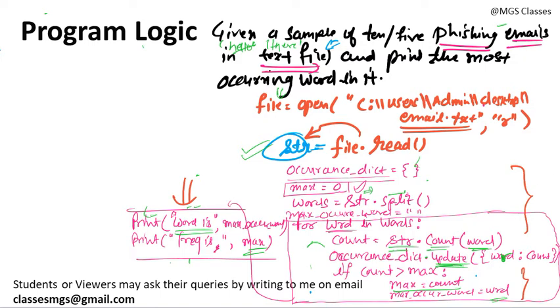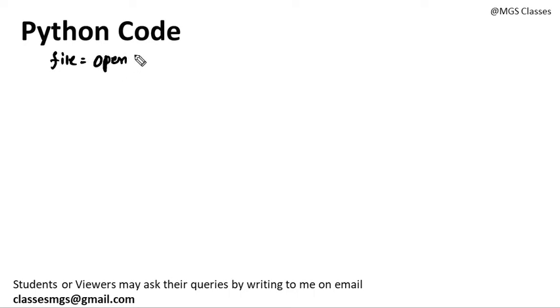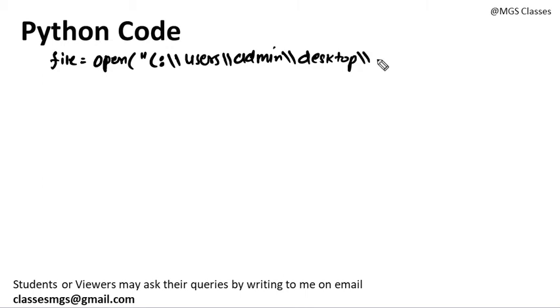So I am removing all those things, and I am going to write the Python code now, and we can simply try it in your editor. For the Python code, I need to open a file. Using the open method, I will pass the path here, users/admin. I am passing it as per my computer system. It might be different on your computer. Desktop/email.txt, whatever the file name is, you need to put it here, and open it in read mode.